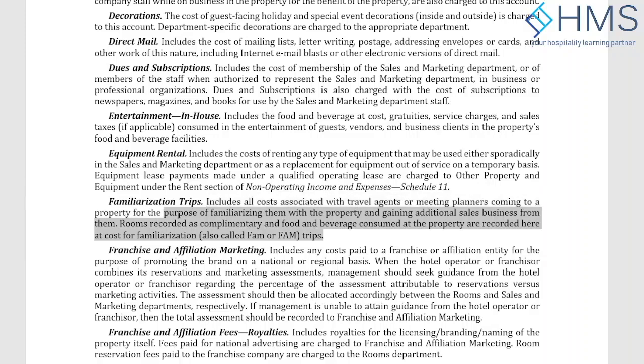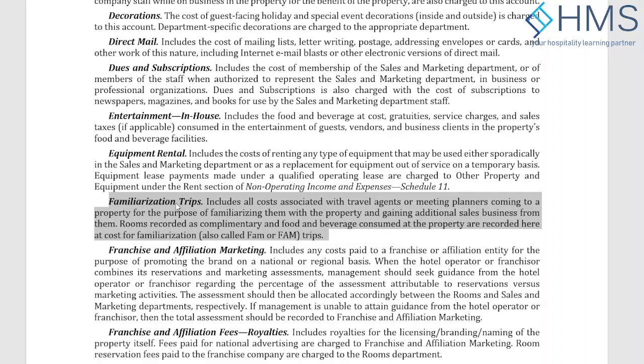So the cost of meals, cost of accommodation, if sometimes you are paying for accommodation, let's say in certain management companies where the owner may not allow the familiarization trip, so you may have to pay a certain fee on an internal rate. So you may be charging that. The cost of travel, if you are sponsoring them the traveling expenses, ground handling expenses, and meals and any other services that we are providing them on that familiarization trip.